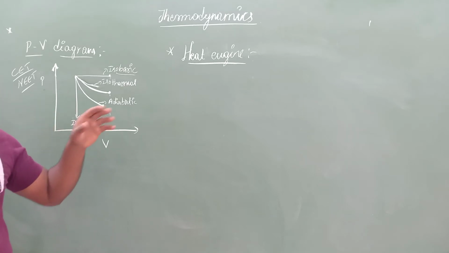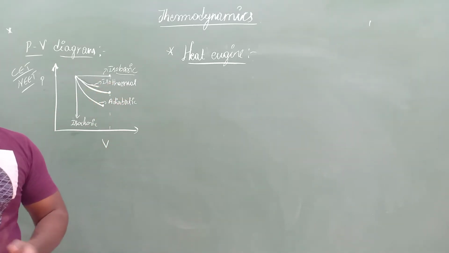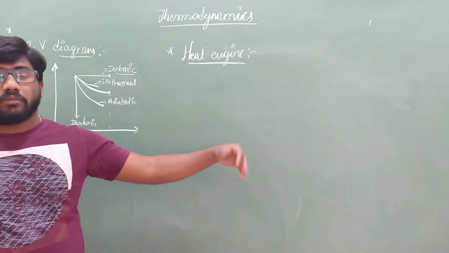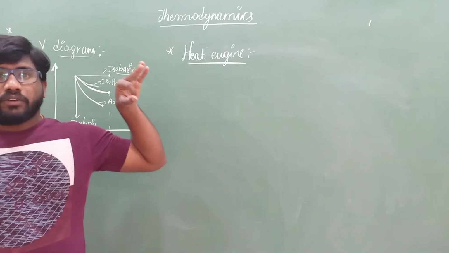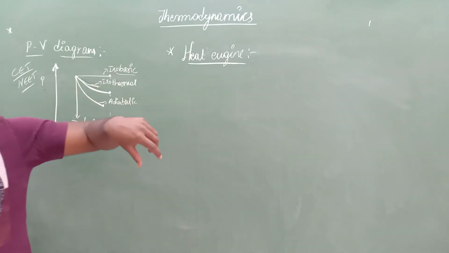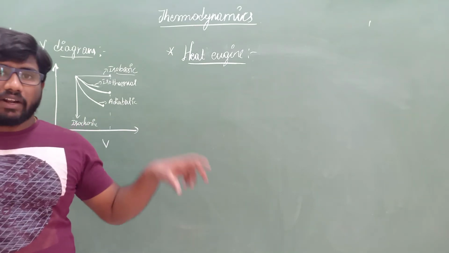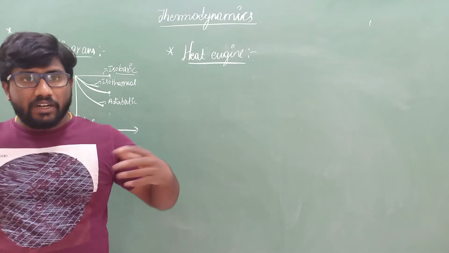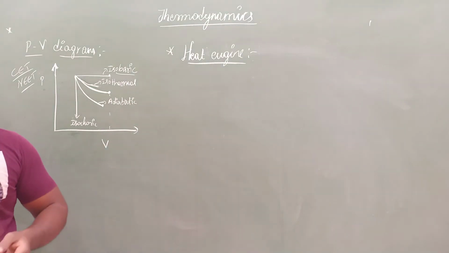So in trains they used to put some charcoal to run. There it will produce heat. So that heat is converted into what? Mechanical energy. Correct? So it will go through the wheels of the train through a shaft. Through the shaft it will move to the wheels of the train, then the train will start to move forward. That is what we call a heat engine.